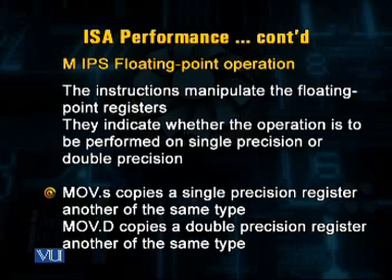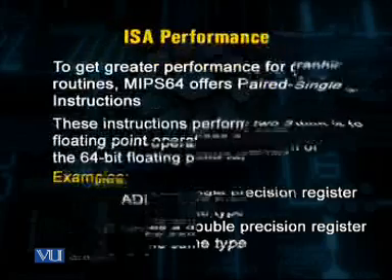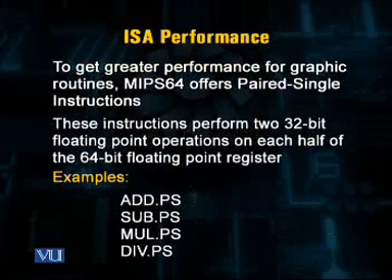So this type of instructions is used to handle double precision or single precision data. The other factor which you can see from this particular information given over here is when we want to get greater performance for graphic routines,